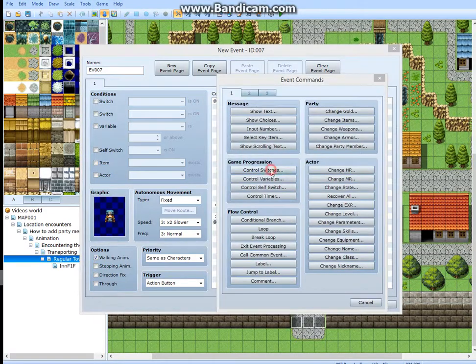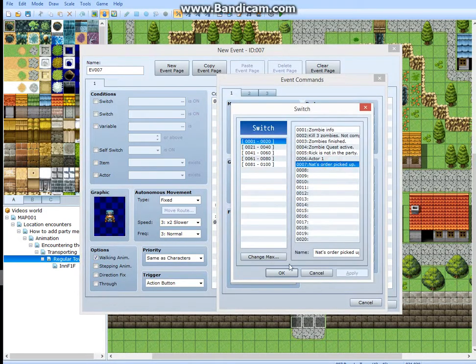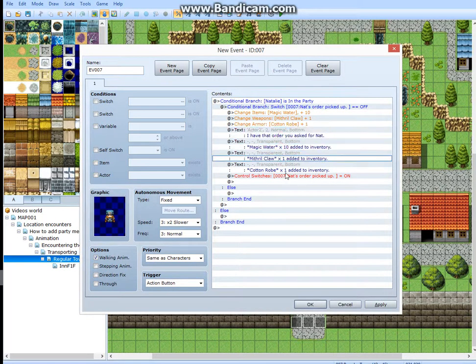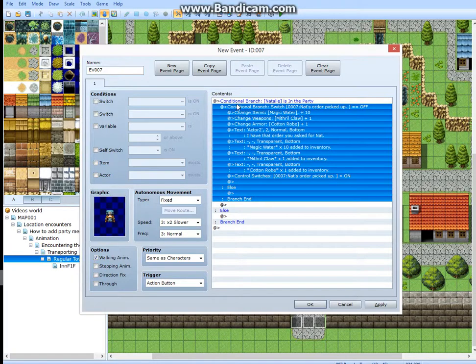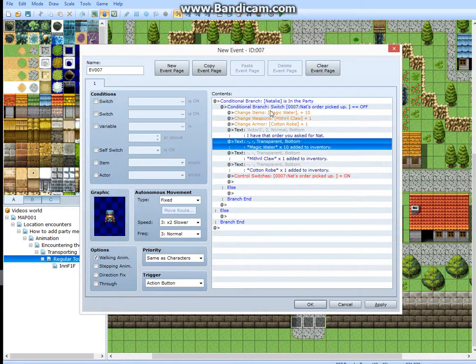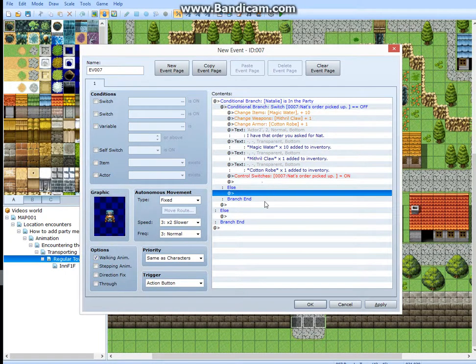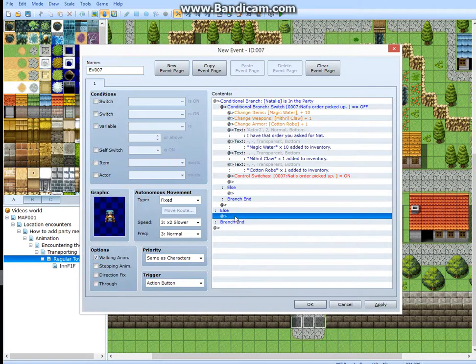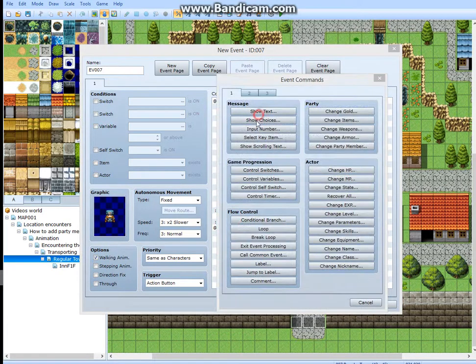I'm now going to do a control switch, and that switch is now turning on. This means that once it's run through, it will then turn on, which means the next time you talk to this person, it will run that Nat is in the party. It will then run this one. Is Nat's order picked up off? Well, it's not off, so it will go down to else, where there's nothing because you've already picked up the order. Now, when Natalie is in the party, all this happens. When she's not in the party,